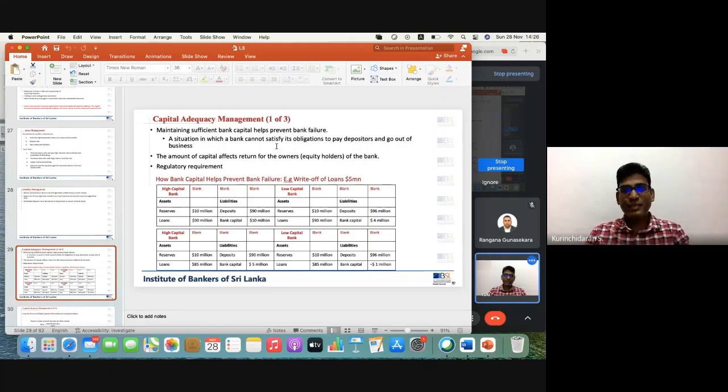That is the major item in ALCO, right? Assets and Liability Management Committee. They should always satisfy this requirement. And not only that, based on their business model or expected business growth, they should always think about whether our capital is sufficient, whether we are managing our capital adequately. Because when your business expands, you need more capital,